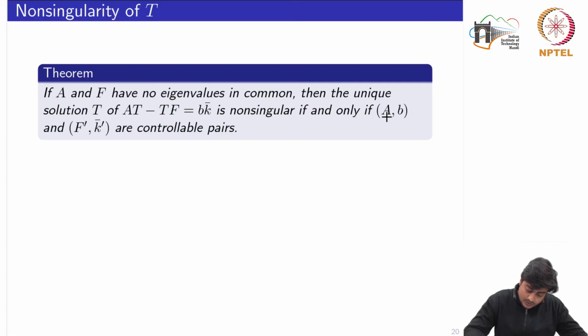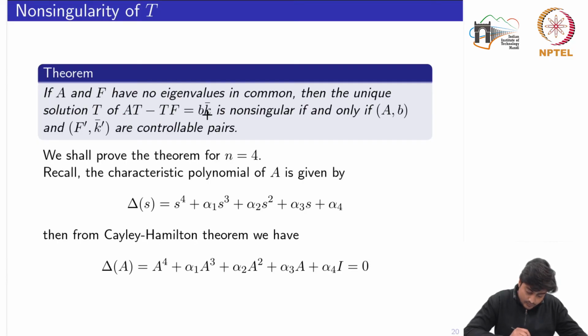So we need the controllability of the pair A comma B and also of this one, which is an additional condition to solve for this Lyapunov equation. So we'll see a detailed proof of this result, so that by doing the proof, we want to recall many of the basic concepts, so that it would also help you to carry out your own proof of your own results. So we shall prove the theorem for n is equal to 4,